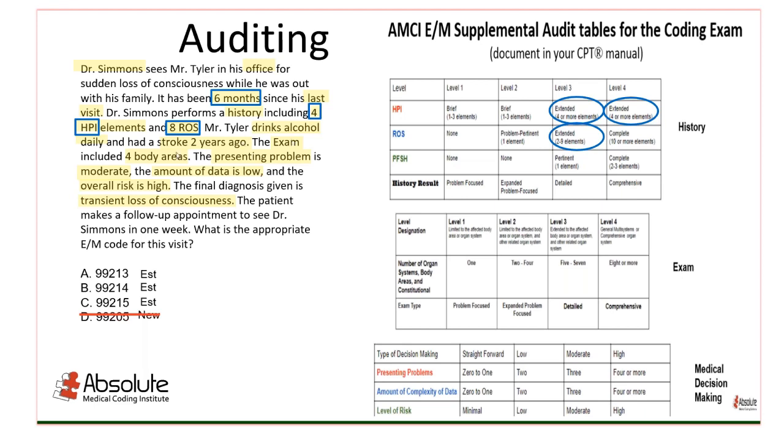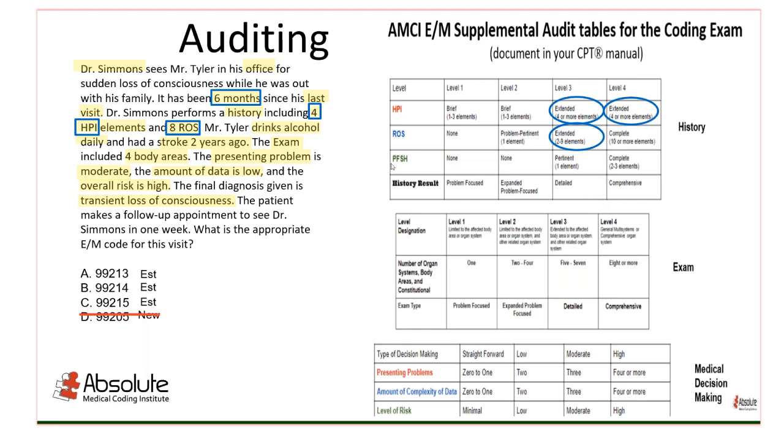That would be his social history. And he had a stroke 2 years ago. What would that be considered? Yes, it's part of the history, but what part of the history is it? It's his past